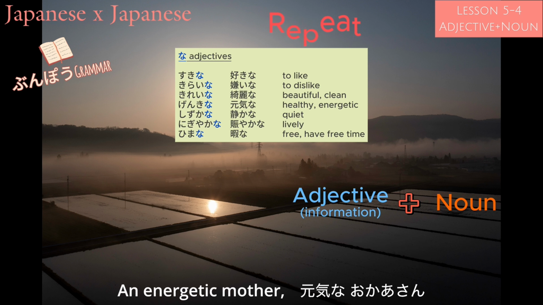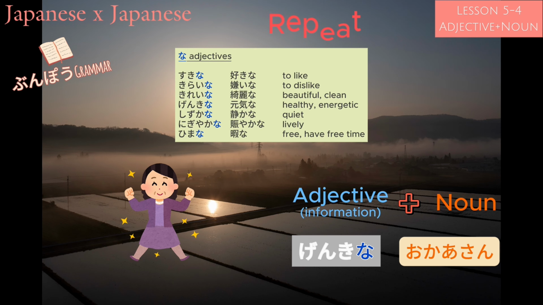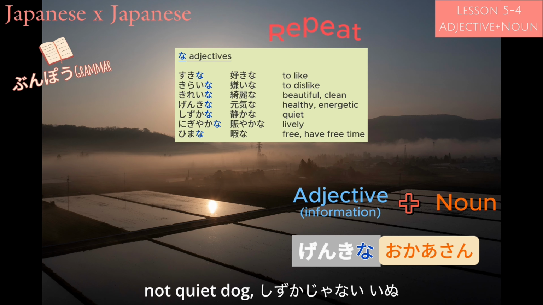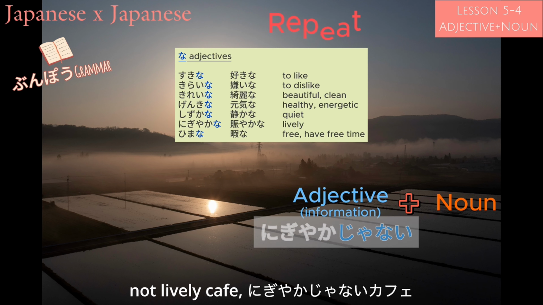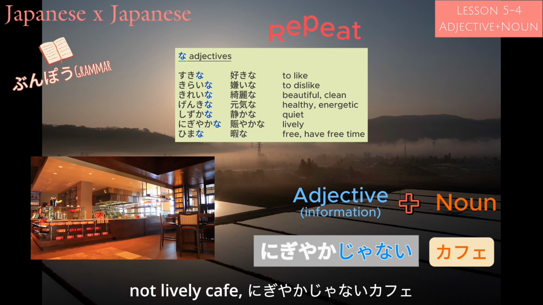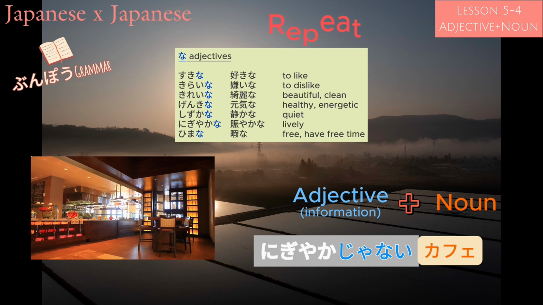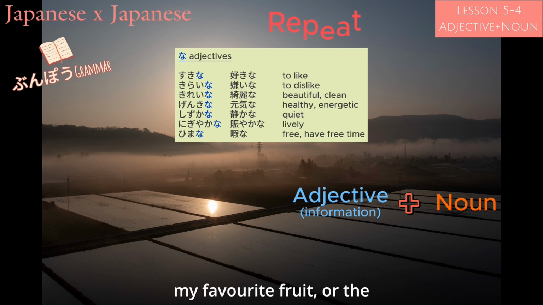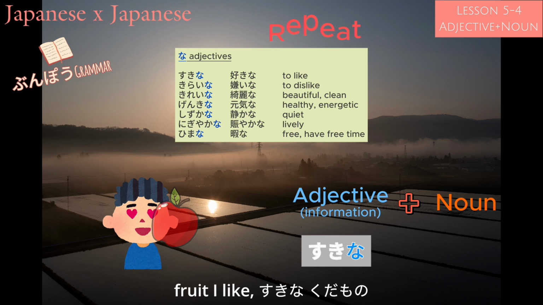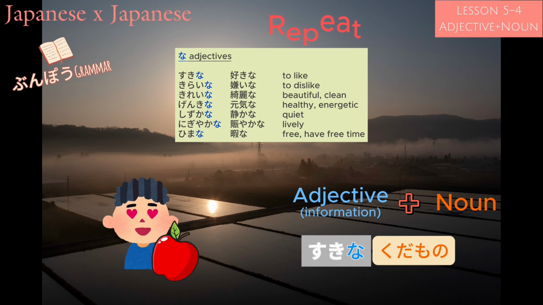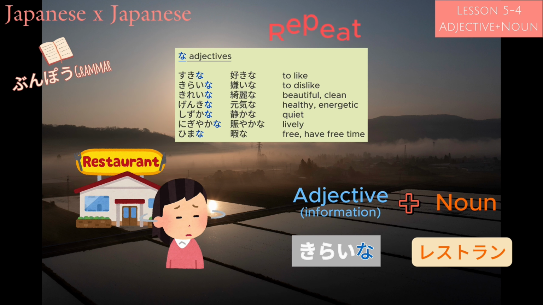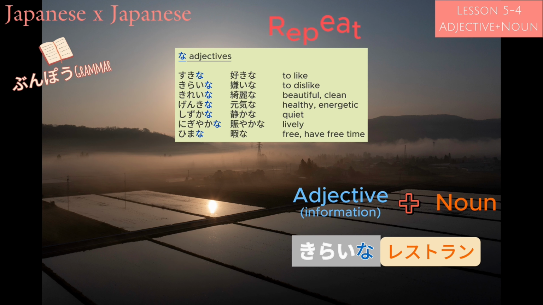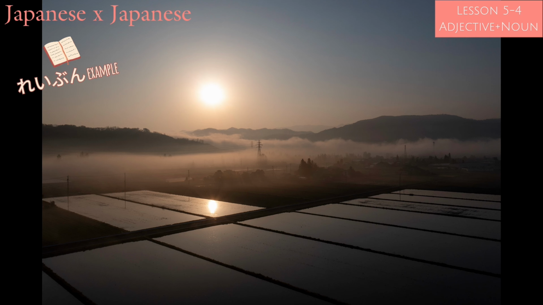An energetic mother. 元気なお母さん。Not quiet dog. 静かじゃない犬。Not lively cafe. にぎやかじゃないカフェ。My favorite fruit or the fruit I like. 好きな果物。The restaurant I don't like. 嫌いなレストラン。